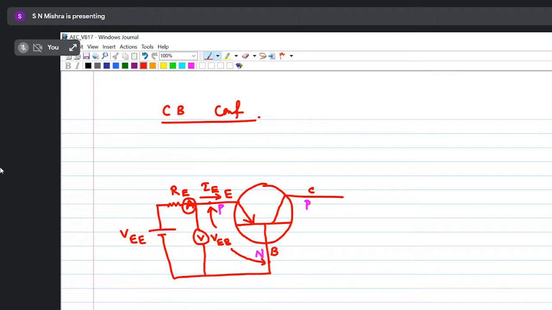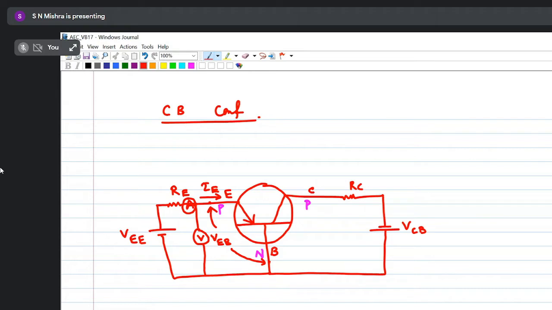So left part is complete. Now we'll go for right part. So here also same thing. We'll connect one resistor. That is RC. Then P side collector base junction will be reverse biased. So P will be connected to negative and N will be connected to positive. Name as VCB or VBC, depending upon the